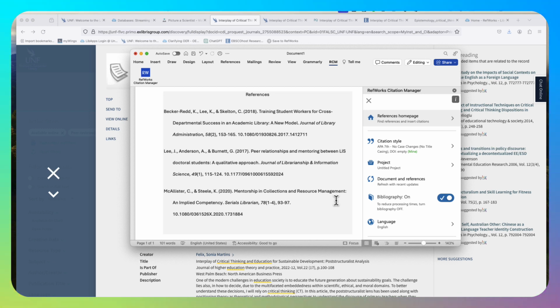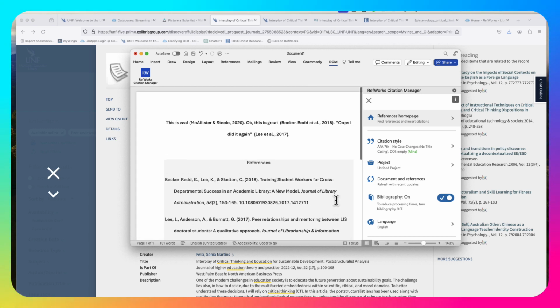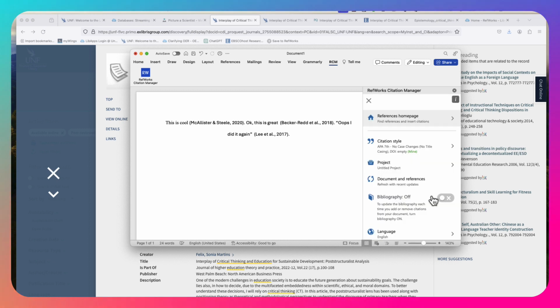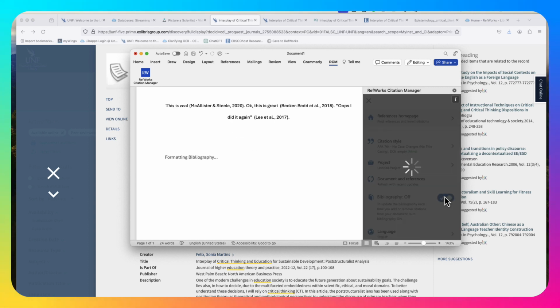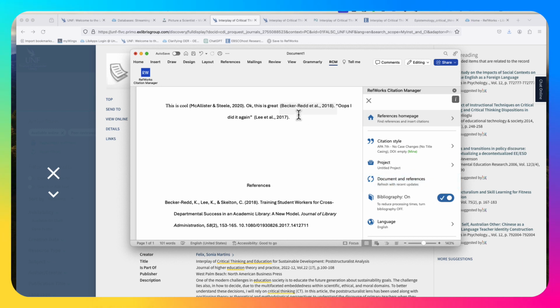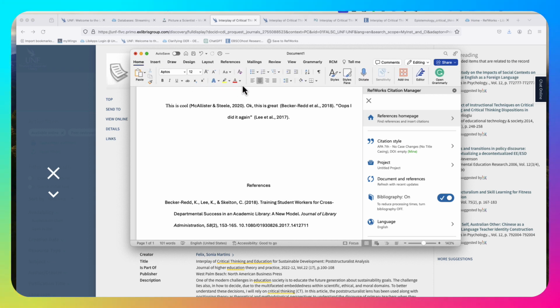Then what I would say is when you're using this resource, when you're writing your paper, turn it off. It's only when you are not in the writing stage that you would turn it on. So when you're all done with your paper, you can turn it off and on. You can write while you're going. I'm not sure why the ruler just, let me get that back over there.